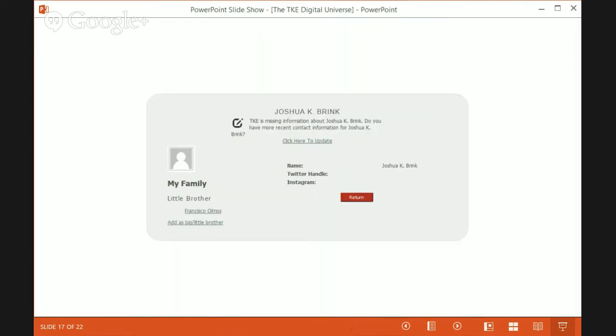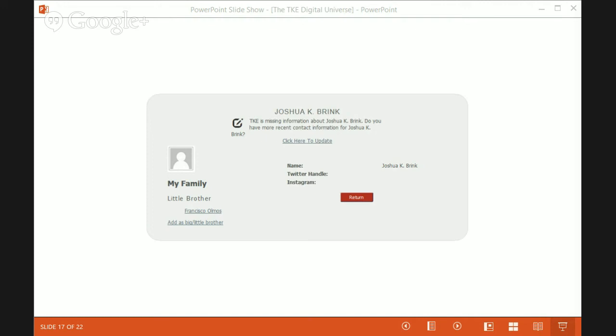That individual name screen will have a link that says add as big or little brother. And you can choose from the drop-down list and decide, is he my big, is he my little, etc. It'll automatically create the relationship in the system on your record and the big or little's record as well.